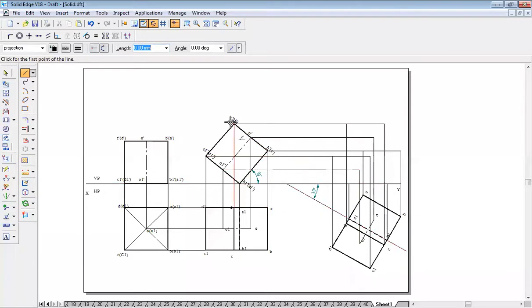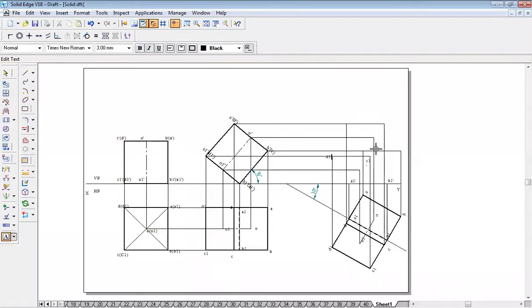One point, no need to draw A1, B1. So if you want, let us name the corners. This is your point A1 dash, this is B1 dash, this is, sorry, C1, yeah. This is C1 dash, and this is D1 dash.